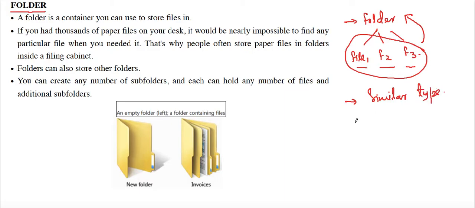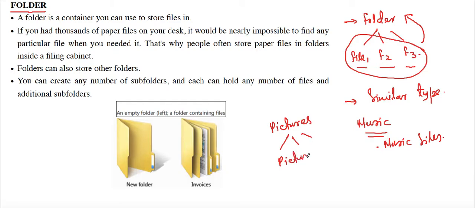For example, I have made a folder named music, and inside that music folder I will store music files. I have created another folder like pictures, and inside that pictures folder I will store my photos or my pictures.